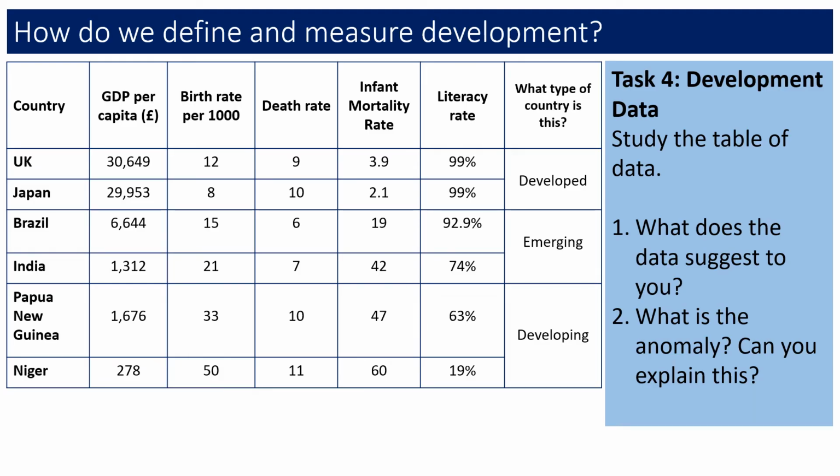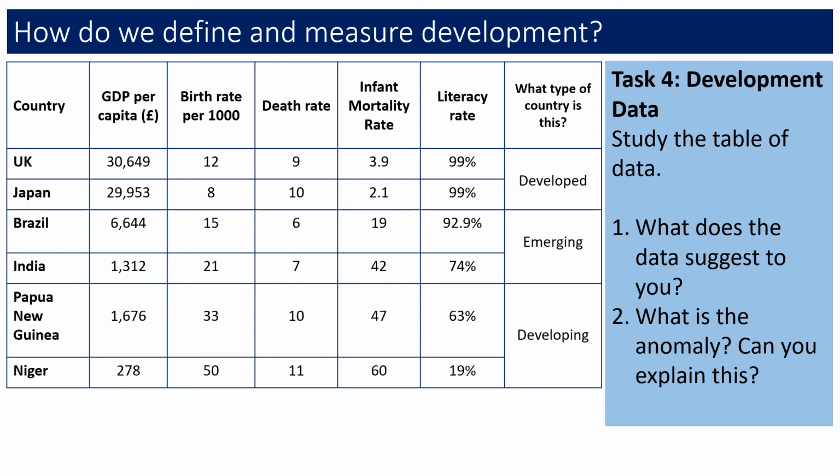So task 4, again, this is just something I'd like you to look at, I'd like you to study, and I'd like you to consider these questions. So here are a list of countries, developing, developed and emerging countries, and it shows some of the development indicators that you will have just identified in the previous task. What is interesting when you look at these is how varied the GDP per capita is, so that is the wealth per person